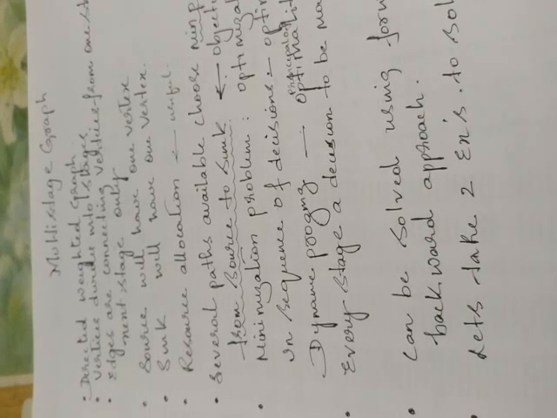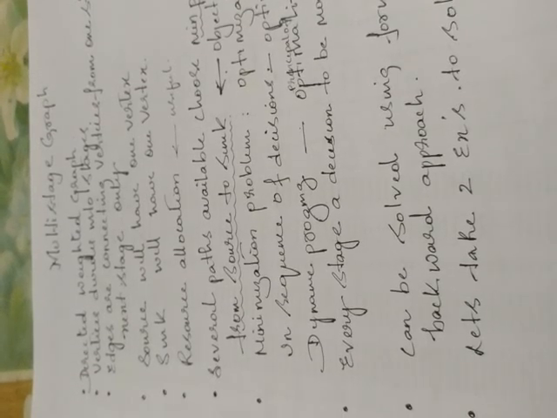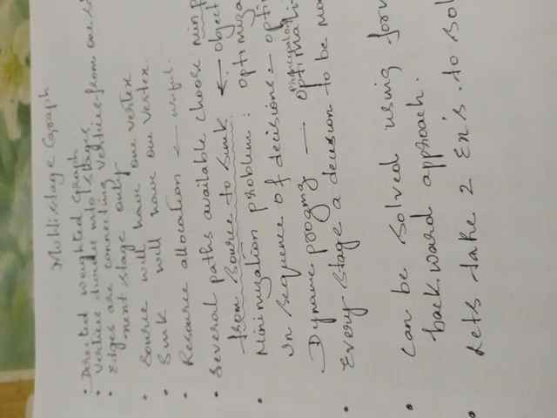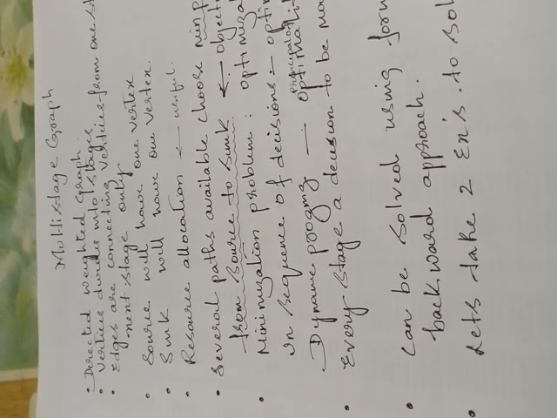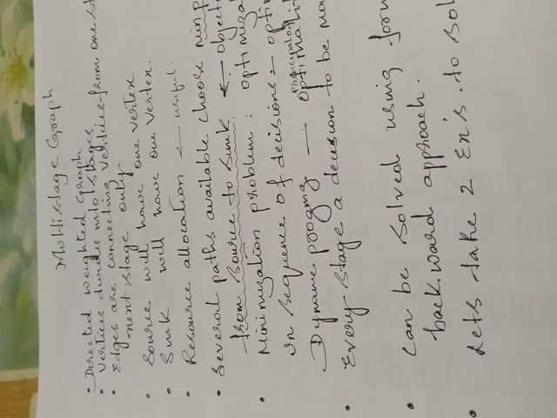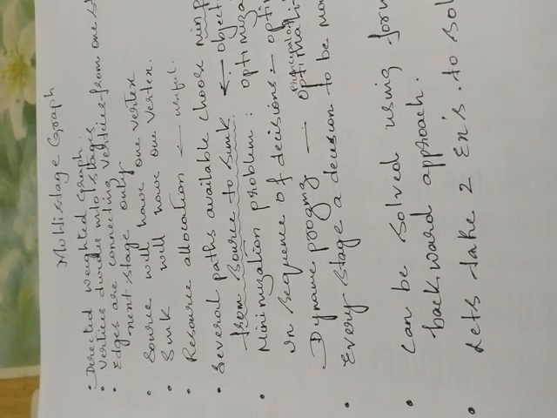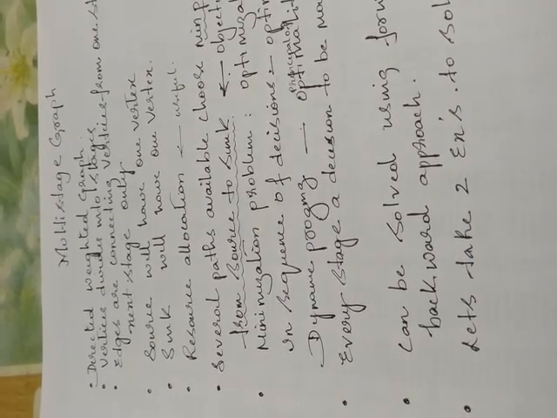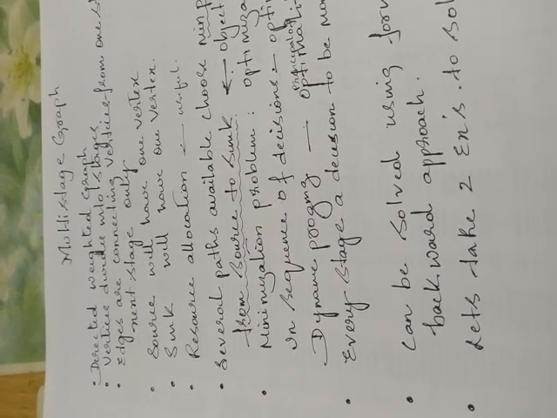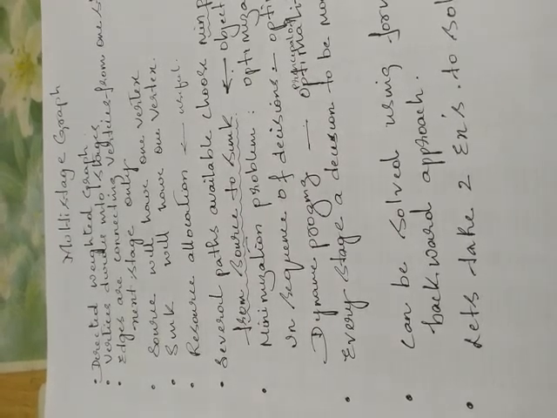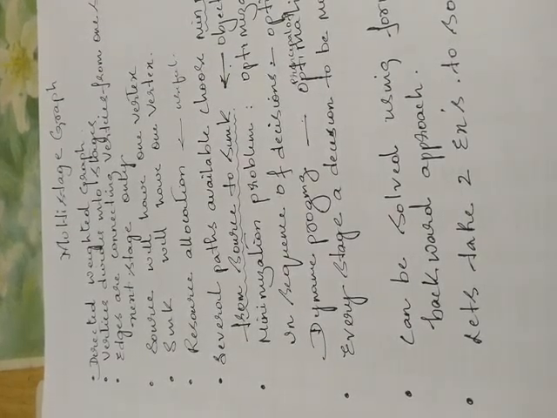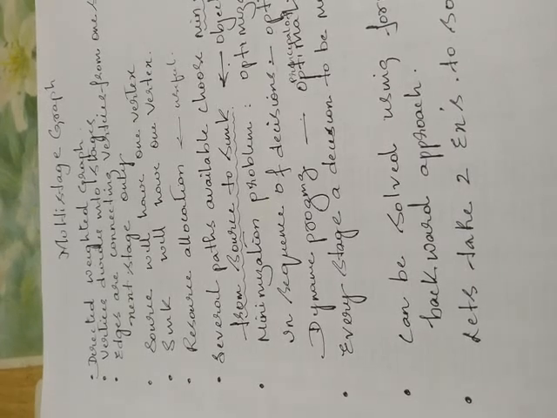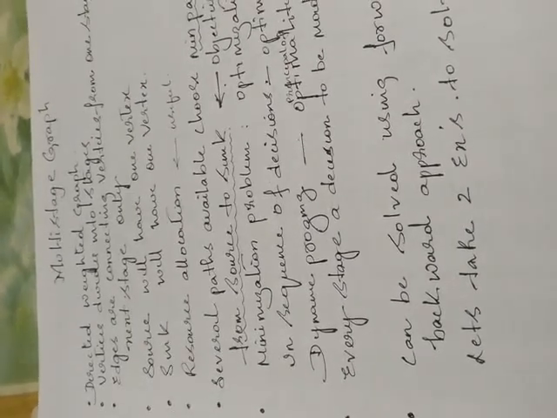Next, since I am finding the minimum path, it is an optimization problem. And since I am taking decisions in stages, we are calling it the principle of optimality. And since it's the principle of optimality, it is dynamic programming. Since we are taking decisions at each stage, we are calling it optimal decision. There are two ways in which we can solve this. We can solve this using the forward approach as well as the backward approach. Let's take two examples and see.